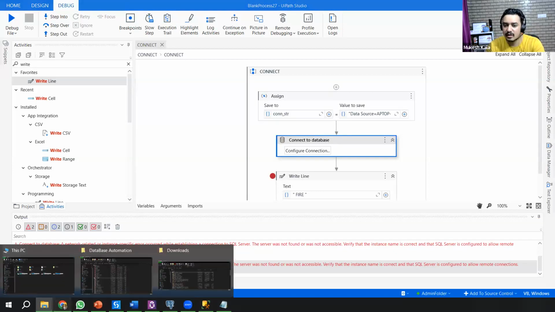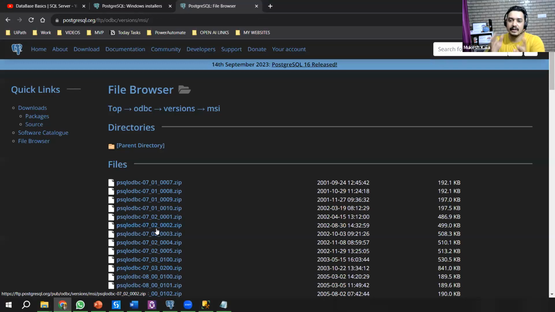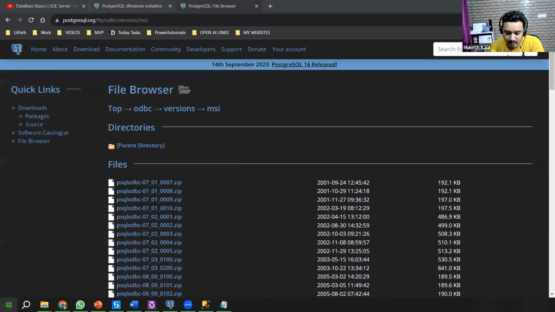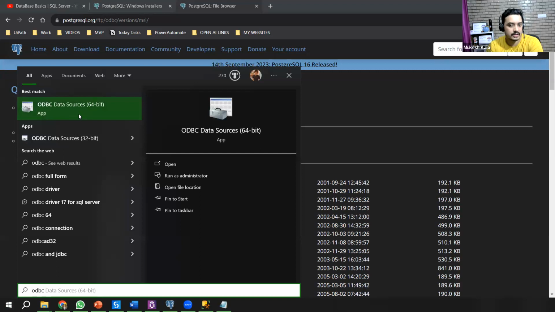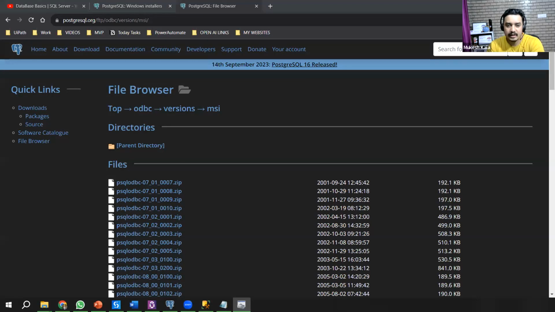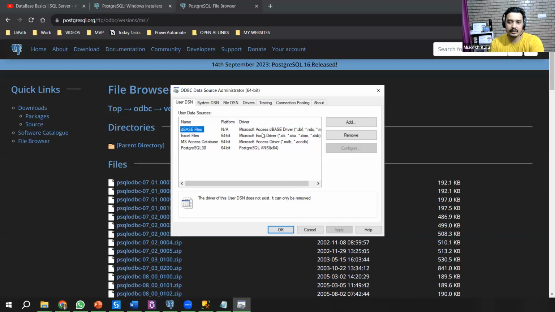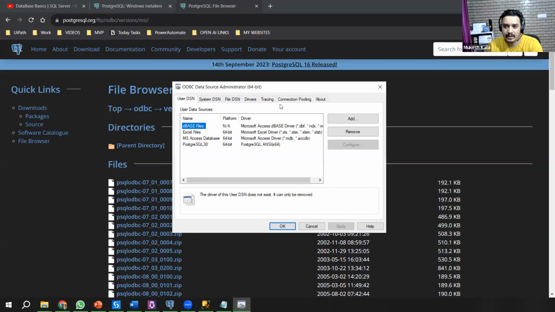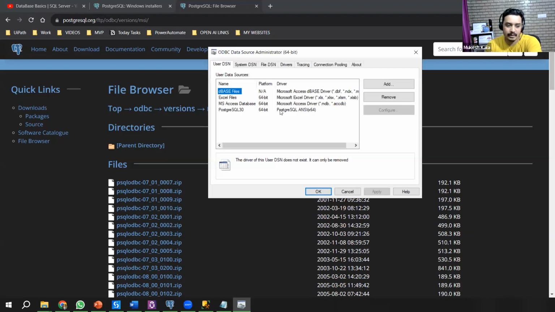Whenever you install a driver, it can be an Oracle driver, ODBC driver, driver for Postgres, anything, it's installed on a computer. Then every computer has something which is called data sources. You will go to data sources and it will open a window which would be something like this. Here you will configure all the databases as per the drivers, right? As you can see, I installed the PostgreSQL driver. It is available here. It was not available by default.